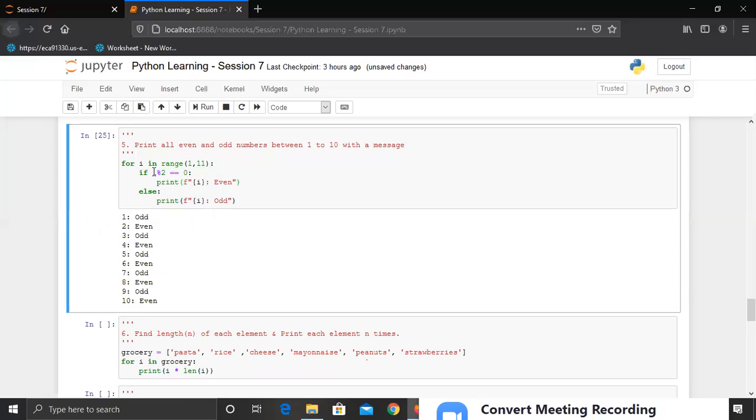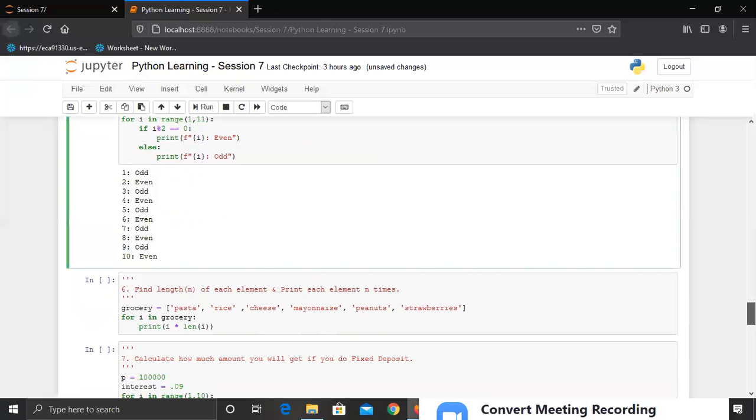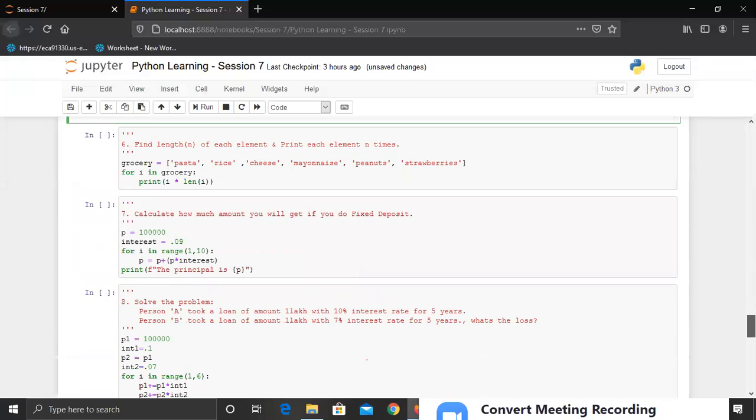And trust me guys, if you really practice the if else questions and the questions that I'm going to send after this session, for loop also, you will be very proficient with the syntax for if else and for loop, and you will be able to revise all the concepts that were discussed in the last 5 or 6 sessions. So if you just follow my instructions, you will definitely learn Python, as I'm teaching step by step.